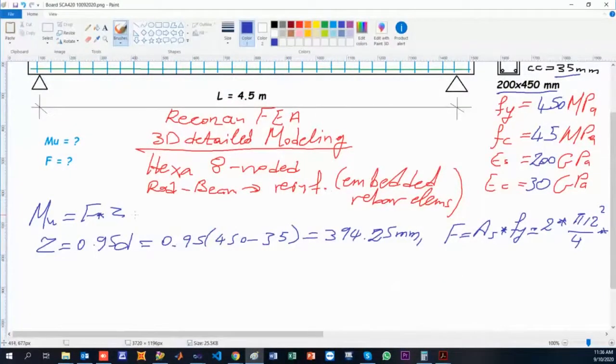Excellent. So here we have our ultimate internal bending moment to reach the yielding stress. By the way, we will assume that the hardening of my steel will be equal to 0. So if this is stress and this is strain, I will assume that this is going to be the Young modulus of elasticity of my steel. And of course, when I reach the yielding stress, then my hardening modulus will be equal to 0. So this means complete loss of stiffness when it comes to my rebars. So this is going to be